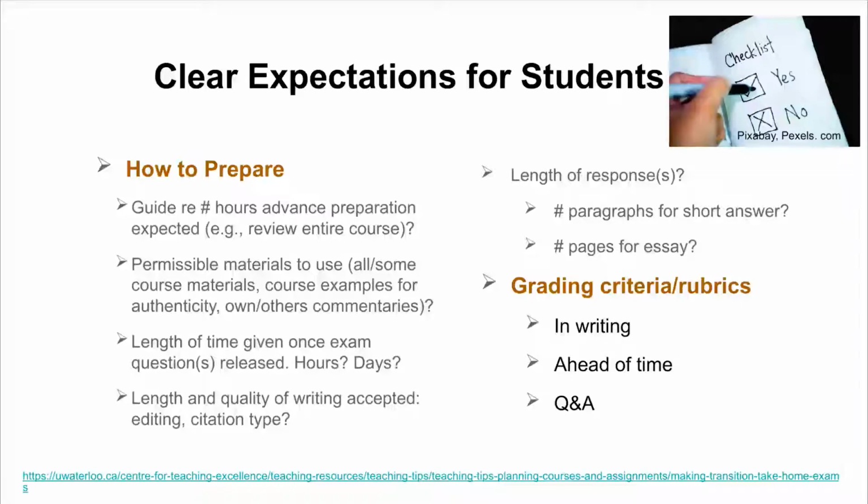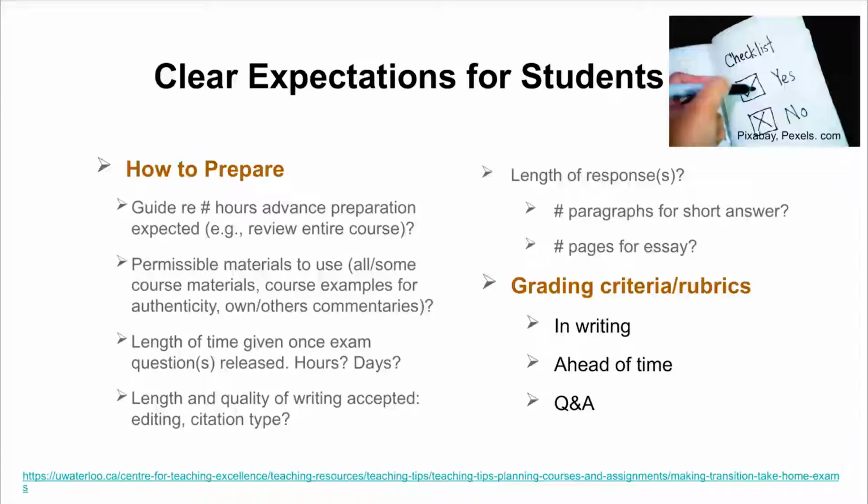It's very helpful if you provide your expectations to students so that they know how much work to put in beforehand. If you have designed a complex question that needs students to integrate their course learning with authentic experience, or requires them to attempt to solve a complex problem, they won't be able to do it if they haven't reviewed the course materials ahead of time. They need to study before you provide the exam questions and use the time once you've given the question to